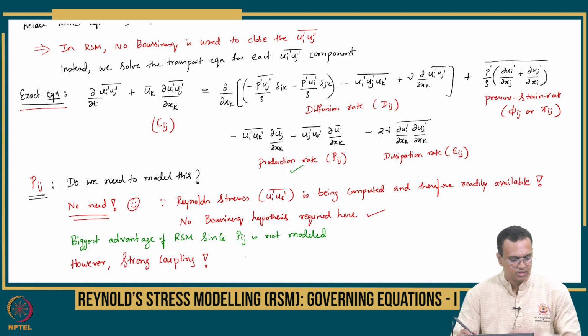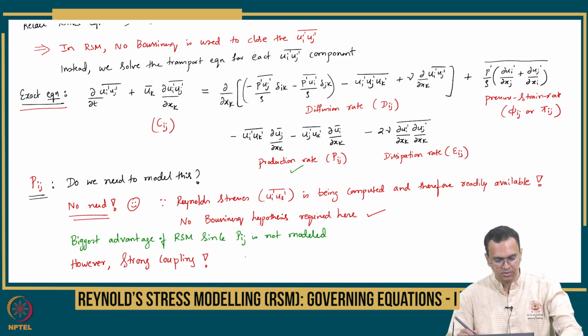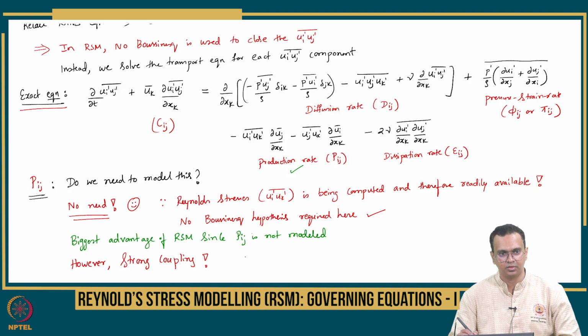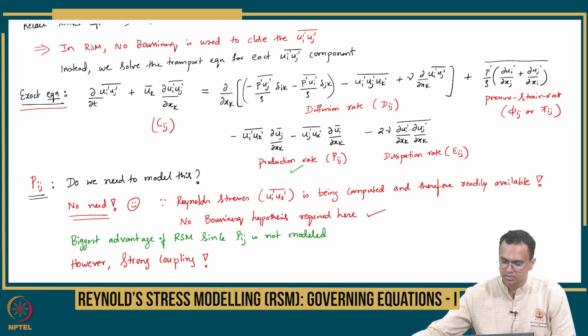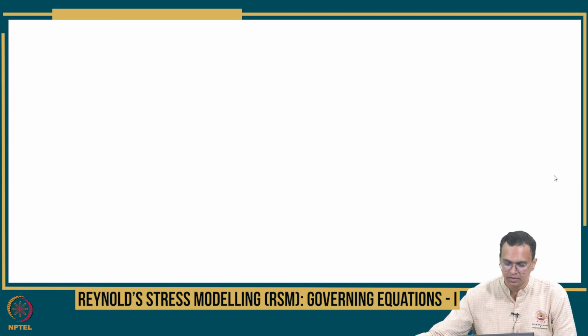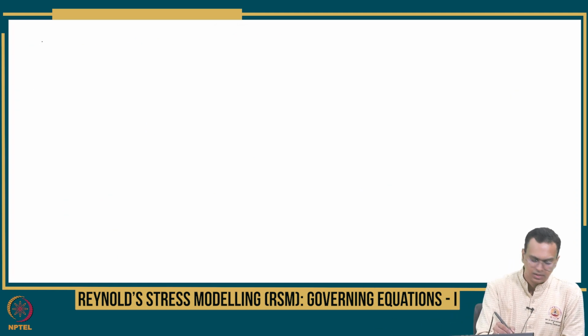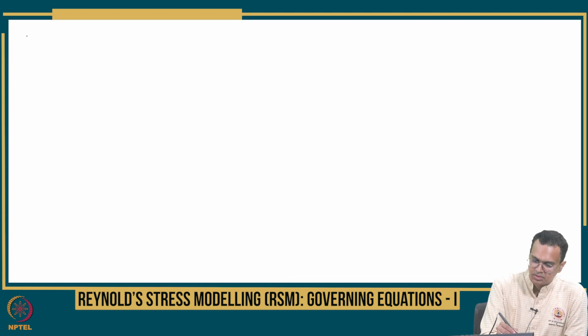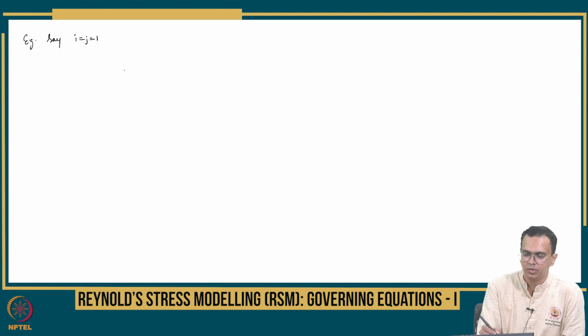So you need to have some CFD techniques to make sure that the model converges. So we can see what kind of coupling that we are talking about. If I take an example, say i equal to j equal to 1. You are computing one of the normal stresses, which is